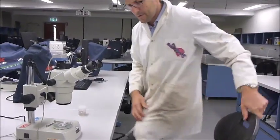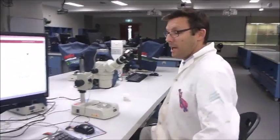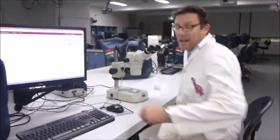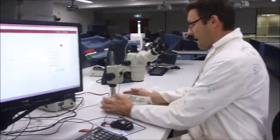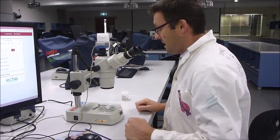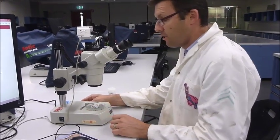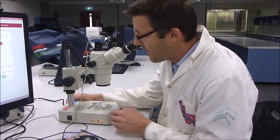And first thing is to make sure I'm comfortable in my chair. I can adjust the seat and make sure I'm comfortable, that it's ergonomically correct as part of the WHS use of microscopes. Turn the power on,